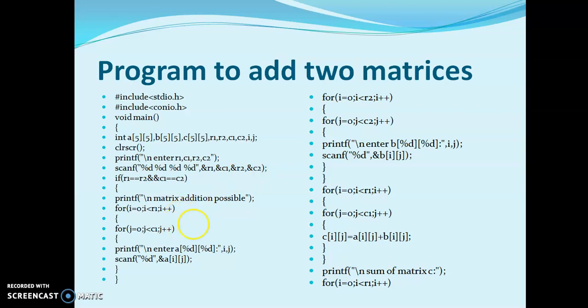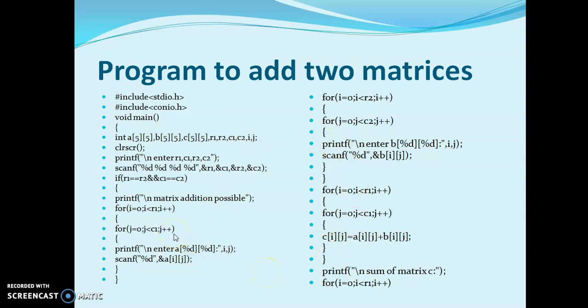So now to have a matrix addition, we have a condition. We need to check whether rows and columns of the 2 matrices are equal or not by checking R1 is equal to R2 and also C1 equal to C2. So we have to check. If this condition is true, then only matrix addition is possible. Then we have to read A matrix elements, and this is the logic to read B matrix elements, and we have to add A matrix element with B matrix element, and the result has to be stored in C matrix element. In this way, this matrix addition is implemented.